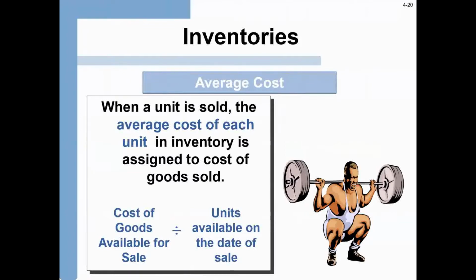We add the inventories which we are buying in this period or in the next period. So we will add all the inventory levels and divide them by the total number of units. When we divide them by the total number of units, we will get an average cost per unit. And we will use this average cost per unit to expense the inventories out in our income statement in terms of cost of goods sold. And on the other side, we will also capitalize them at the same cost per unit.